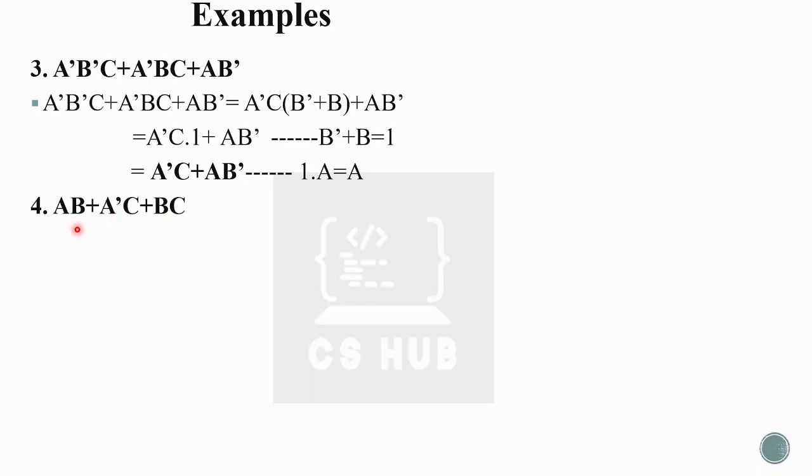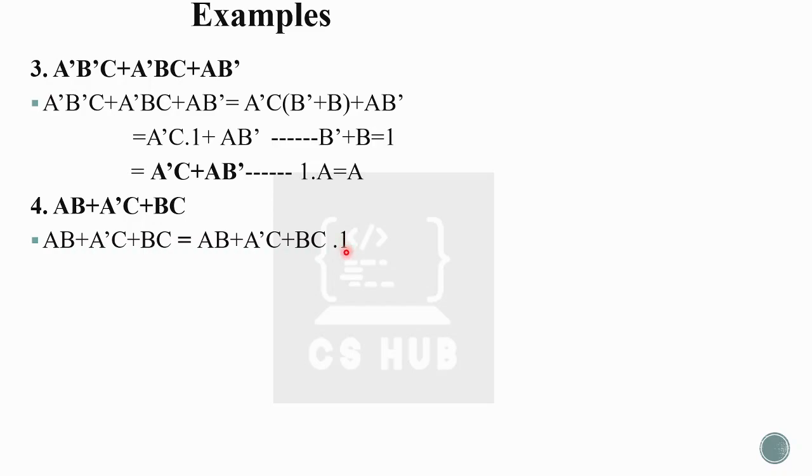Next question, AB plus A bar C plus BC. So here there is a C to take out, right? Our expression will be like AB plus C into A bar plus B. But that is not a good simplified form because all those literals and gates are there. So we cannot apply any other rules here. Here we use a simple technique. This expression changes to AB plus A bar C plus BC into 1. I just added this 1 because it does not create any difference, right?